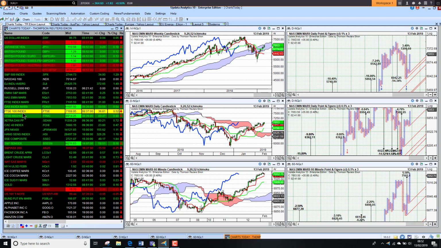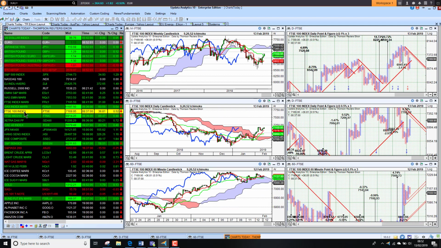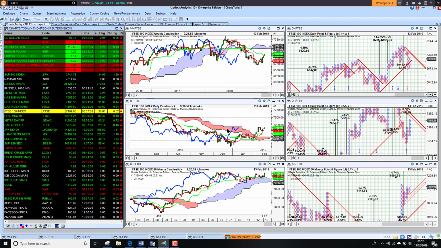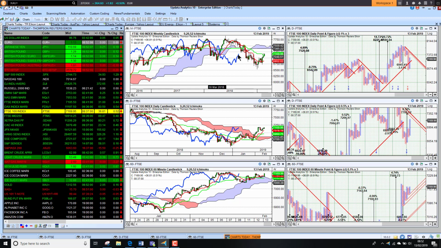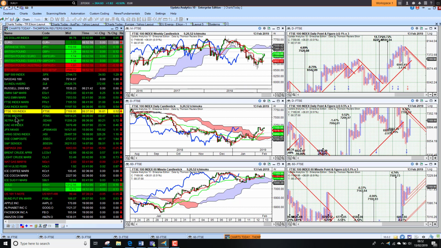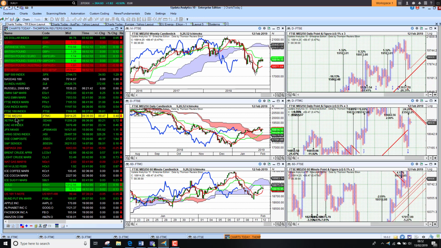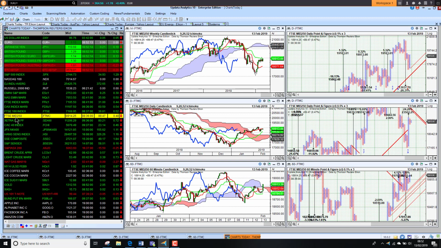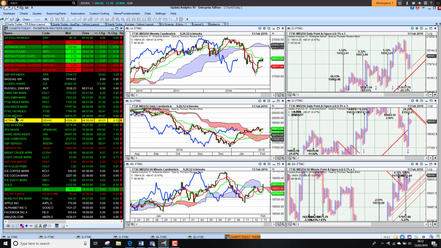FTSE 100 index sitting up 0.5% this morning, not quite yet into bullish territory on the medium-term chart, and the long-term chart, unlike the US charts, has more work to do to get to bullish territory. The 250 similar picture really, and the DAX